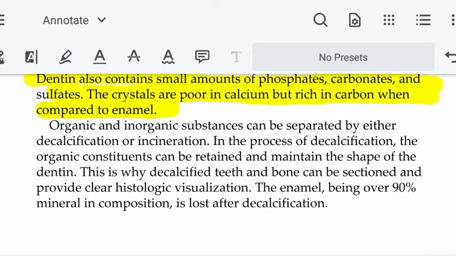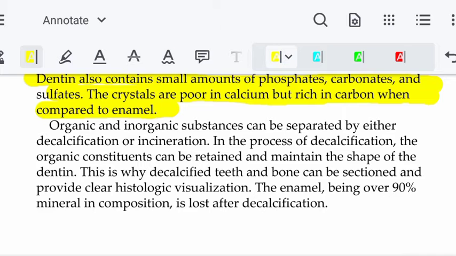See, in the process of decalcification, the organic constituents can be retained and maintain the shape of the dentine. This is why decalcified teeth and bone can be sectioned and provide clear histological visualization. The enamel, being over 90% mineral in composition, is lost after decalcification. So what is said here is,